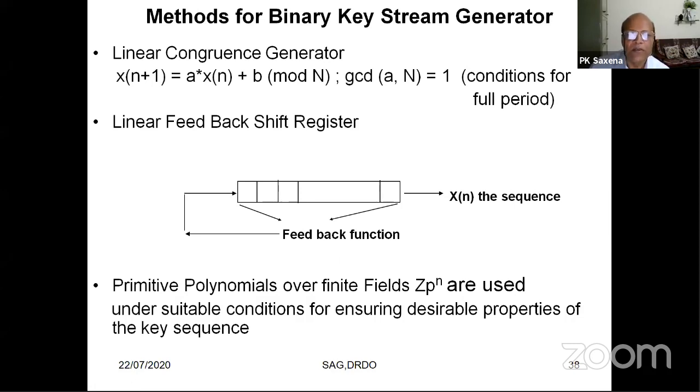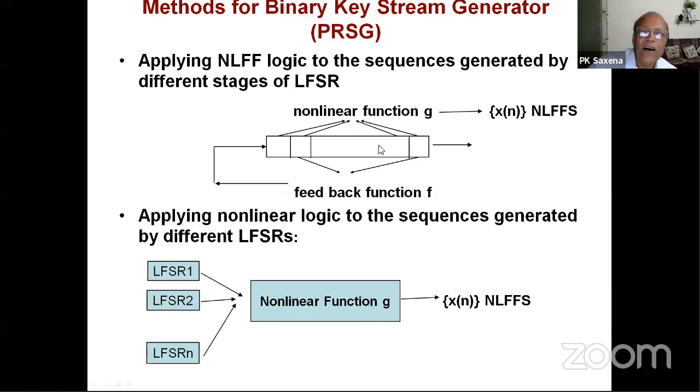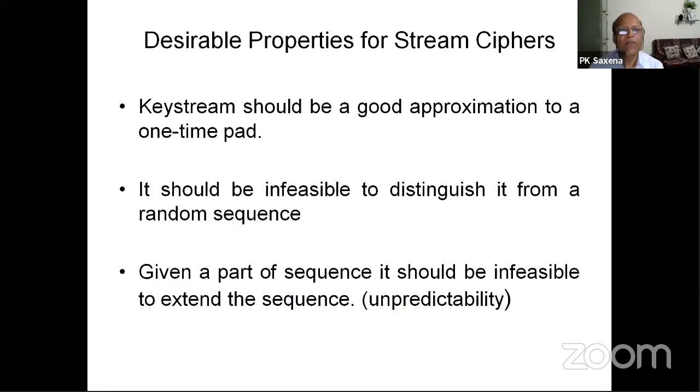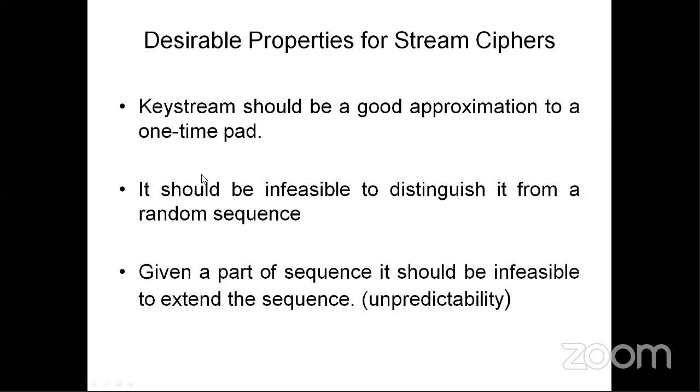But the whole thing is that the linear feedback shift register is one component, and then different linear feedback shift registers are combined through some non-linear combining functions to make it a little more difficult to predict the sequences. So different concepts like the non-linear feedback shift register have been developed, and they are being used in encrypting the information. So in these ciphers,